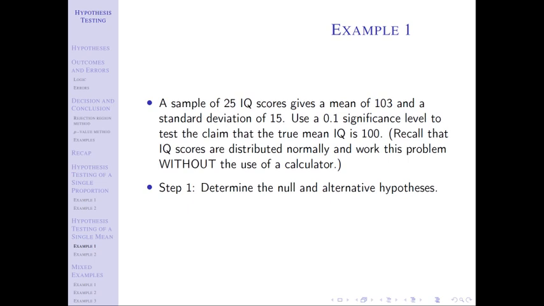Notice that we have a sample mean of 103. Make sure we differentiate those. Like last video, we talked about the difference between p and p hat. In this case, make sure you can identify the difference between mu and x bar. The hypothesized mu is 100, that'd be mu naught. But x bar is 103, the mean that came from the sample. So make sure you can identify those values. If we have is or is not claims, we know that the null is equal and the alternative is not equal with regards to the mathematical operator in the middle there.